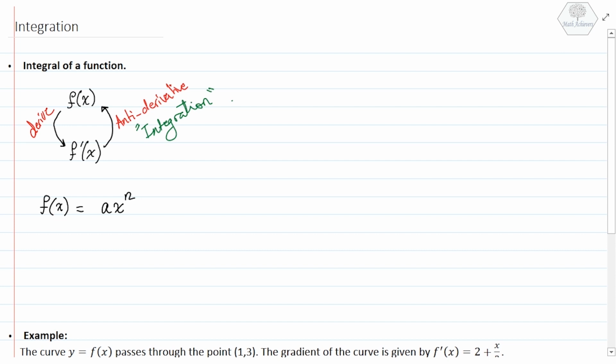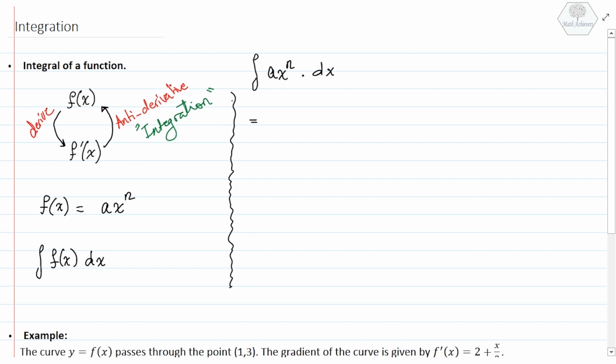And we want to integrate f of x. We want to find the integration of f of x dx. We state the dx because I want to integrate f of x with respect to x. Now, if I want to integrate ax to the power of n dx, this is equal to,